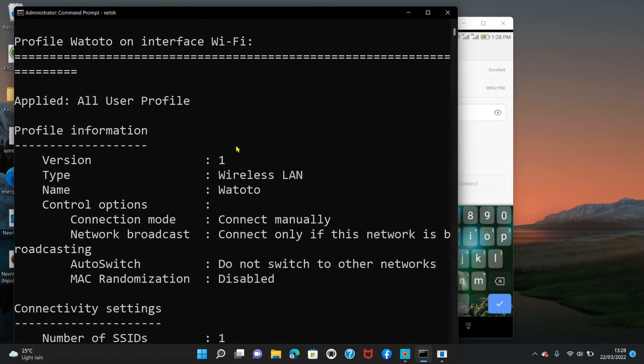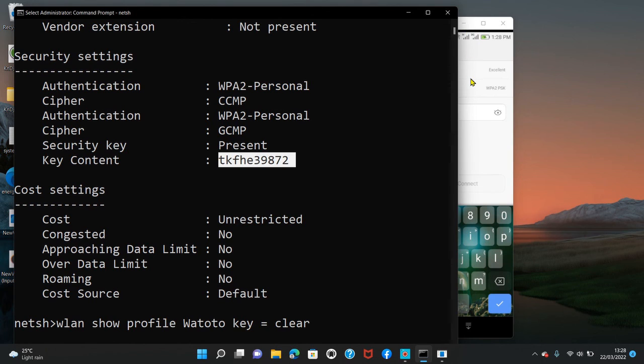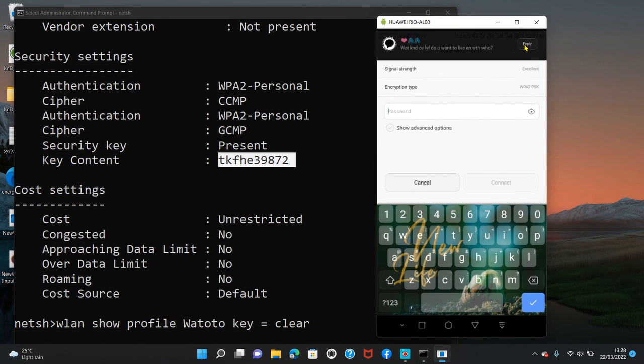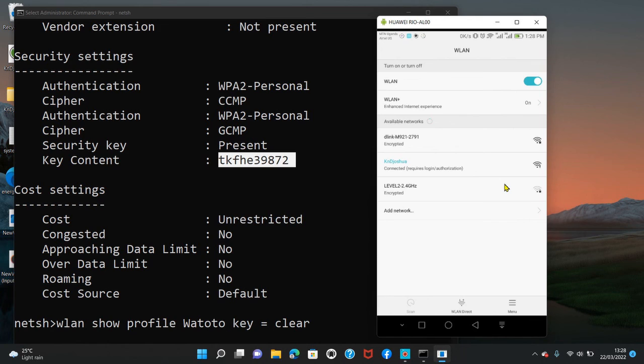Okay, so right now my one network called KnDjoshua is disconnected. The other network is also disconnected. As you can see, it has connected to WLAN KnDjoshua, but that's not what we want. I want to go back to my settings, go back again, and then connect to this D-Link M920. It's asking for the password. So let me split this screen. Now, since this is the password that we saw, that is the password from our command prompt,